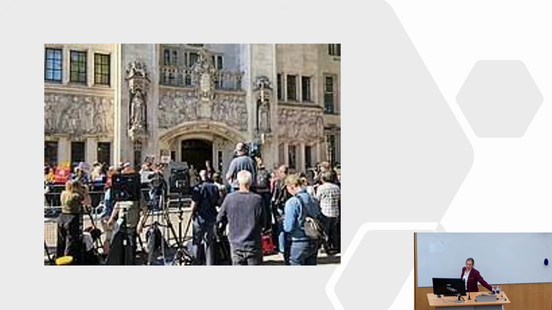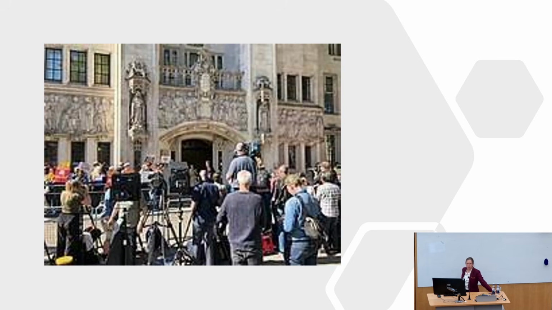But in 1999, for 3 days, they were hanging outside the Supreme Court on a regular basis. And then a couple of weeks later, for the entire day, they were hanging outside the court again. Only then it was raining rather than sunny. This is the Miller case, the second one, which was brought by Miller and Joanna Cherry. And this took place against the backdrop of Brexit. So you can see protesters as well.